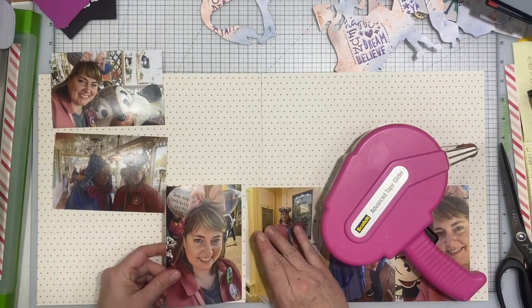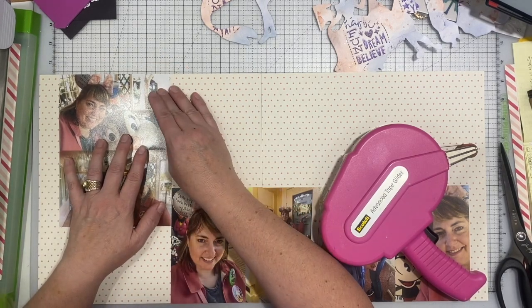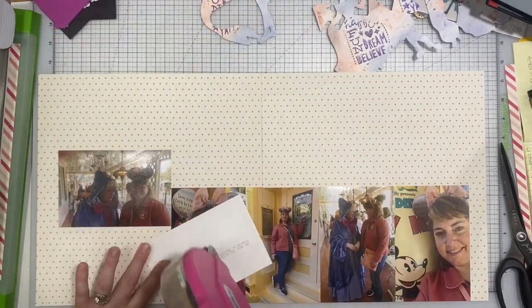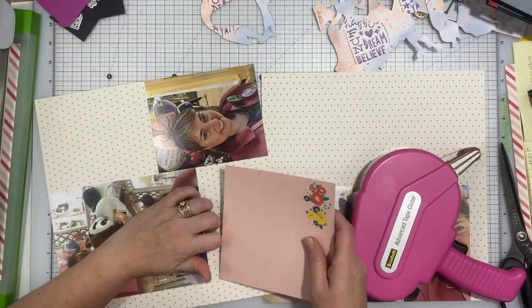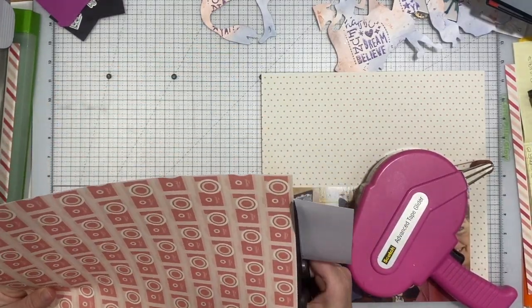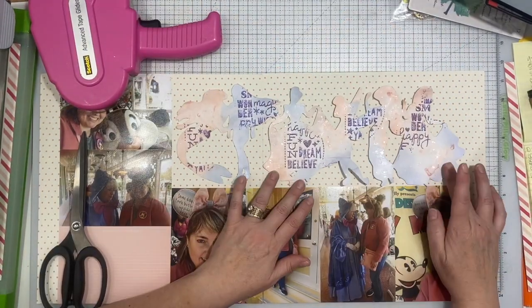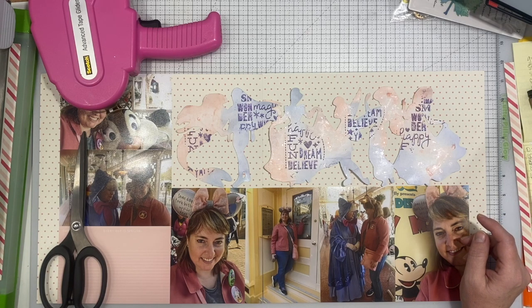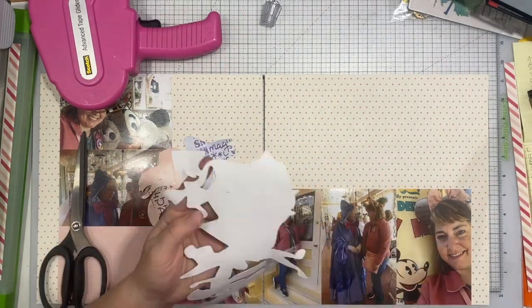And so these photos are actually all of me, and I don't normally scrapbook a lot of photos of myself like this on a double page layout. It's a little bit overkill in my opinion, but I want to totally document this particular day. This was the Disney Creative Day at Disneyland with Shamel, and it was the first one she's held. I don't think she's had another one since as of yet. I know there were plans to do more at the other Disney parks, so maybe those are upcoming. I have no idea. I don't really keep track of it, but this to me was like a once-in-a-lifetime opportunity